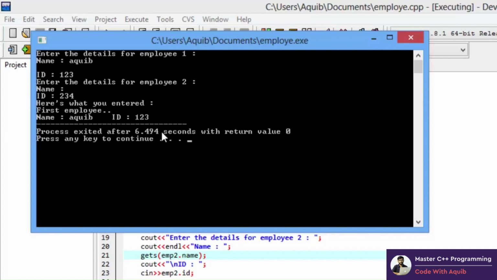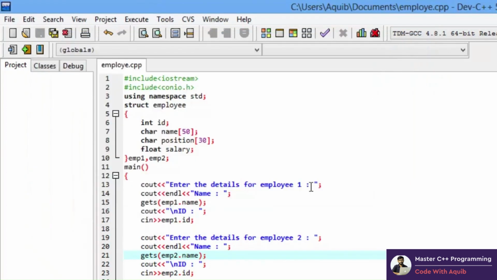So there we go, here's what you entered. I mistakenly pressed enter here, so it did not take the name, right? So here are the details which I entered, right? So our code is working just fine. Now